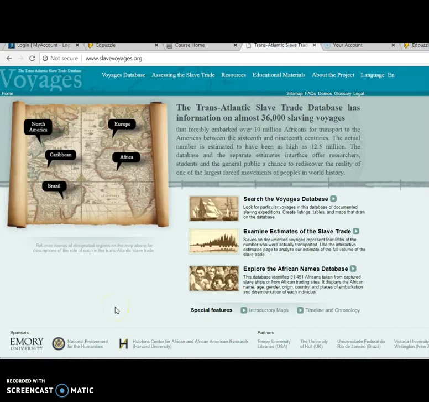Next, we would like to take a look at the website of Slave Voyages. This is going to be the database you'll be using for your SPSS project. So let's go to www.slavevoyages.org. You can find a link on my courses as well. This website gives you the information about the slave voyages, transatlantic slave trades, which you can use this